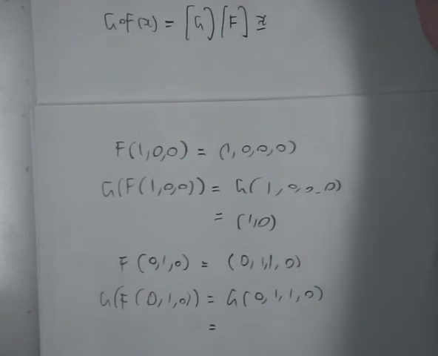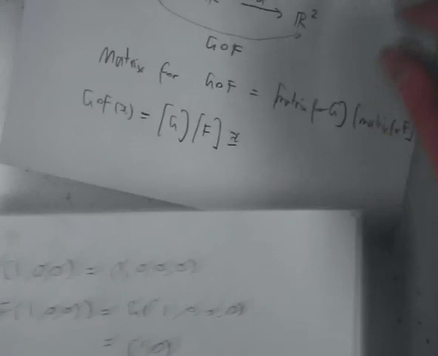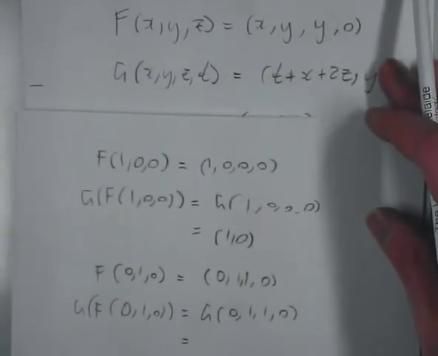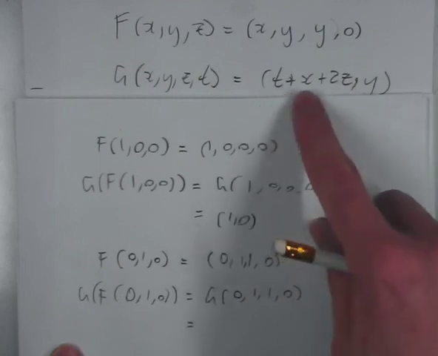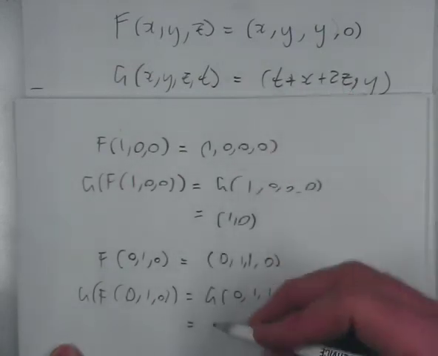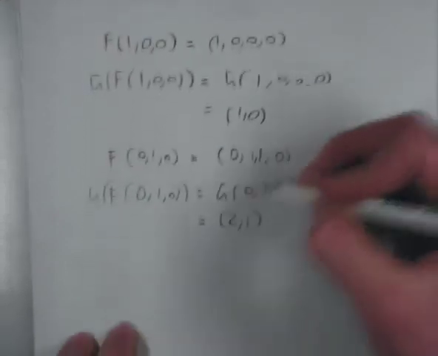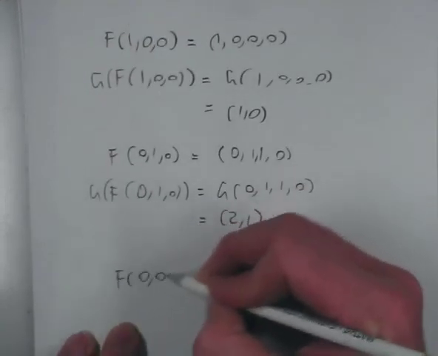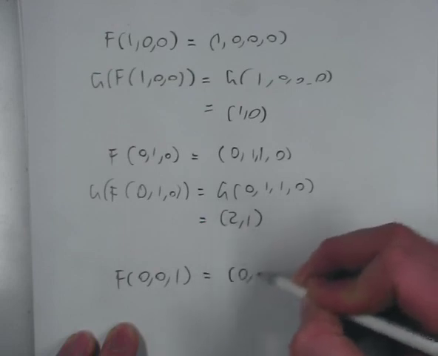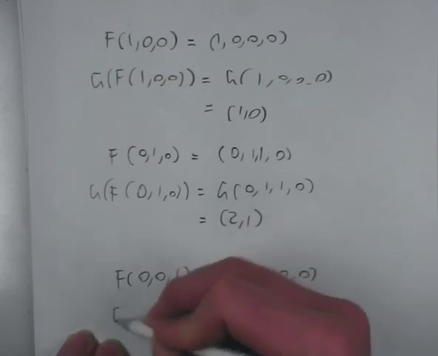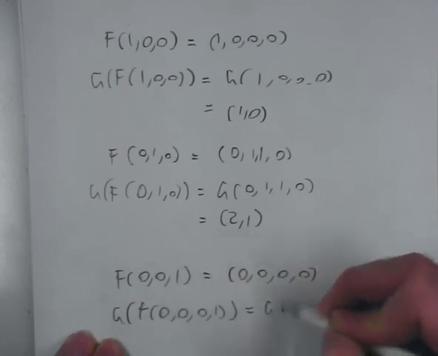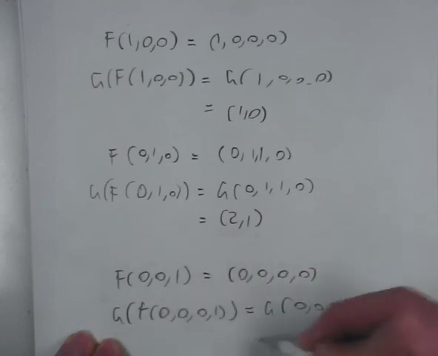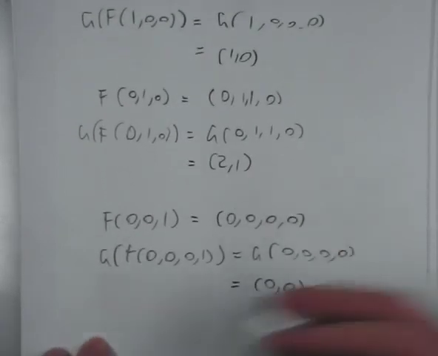so we've got Z is, just looking at the formulas, T is 0, X is 0, Z, so 2, 1. And finally, f of 0, 0, 1 is 0, 0, 0, 0. So G of f of 0, 0, 1 is G of 0, 0, 0, 0, which is, of course, 0, 0. And so therefore my standard matrix must be